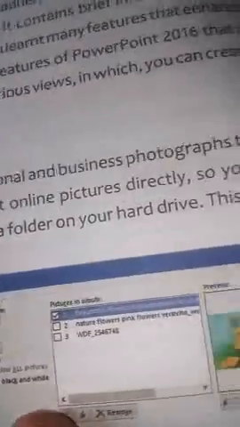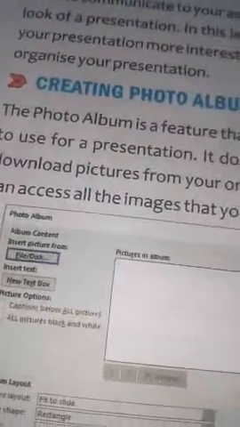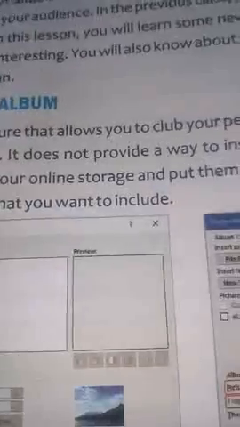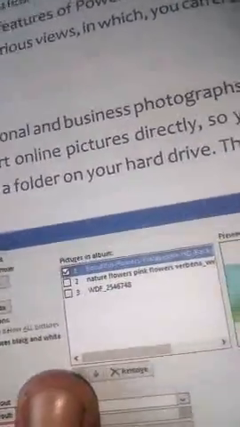It does not provide a way to insert online pictures directly, so you should download pictures from your online storage and put them in a folder on your hard drive. This way you can access all the images that you want to include.